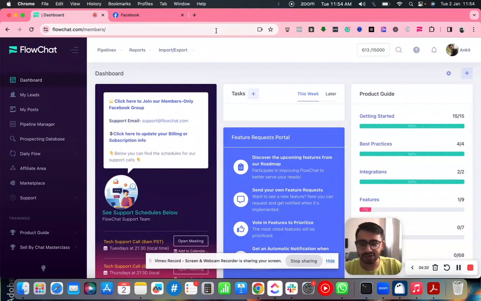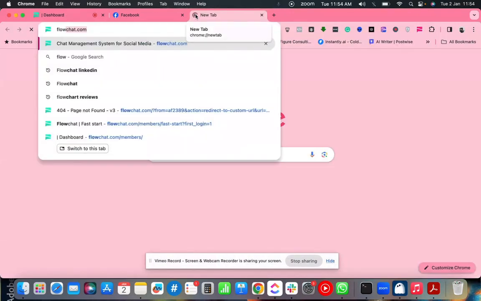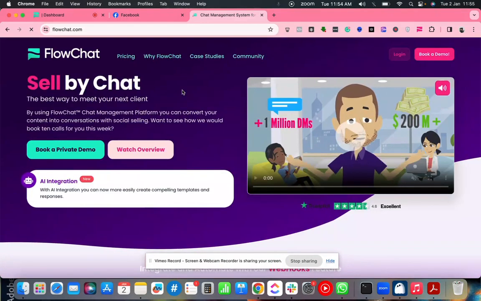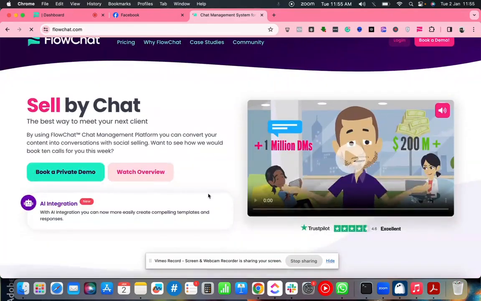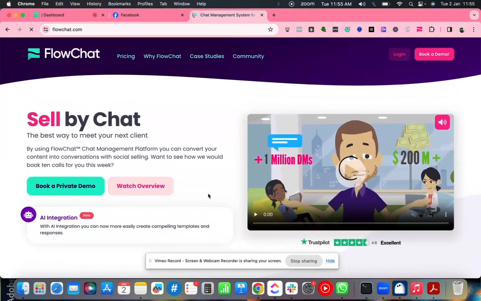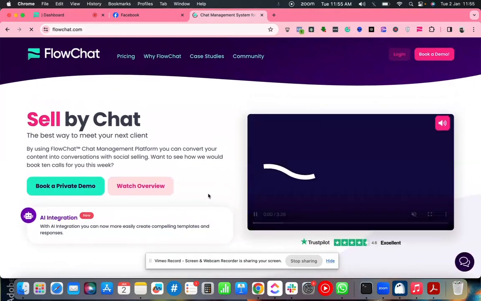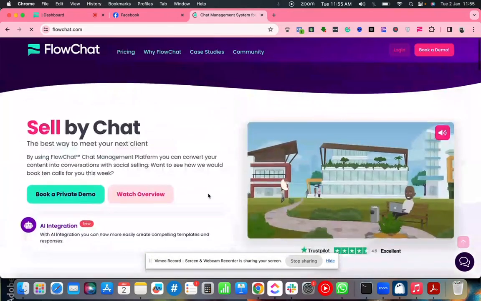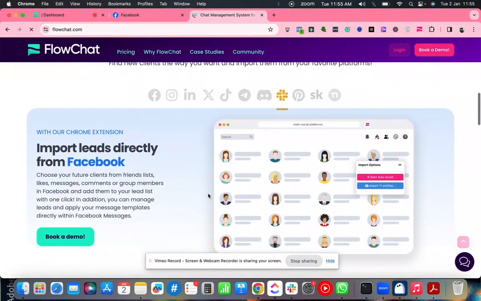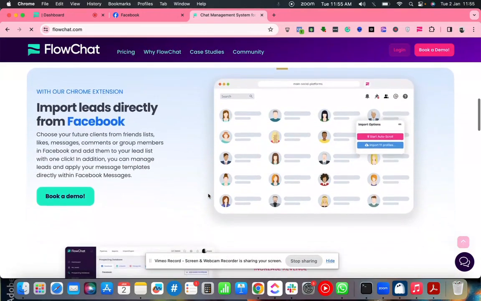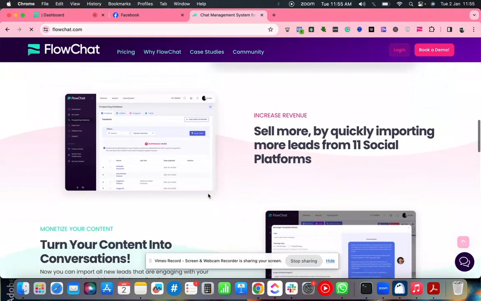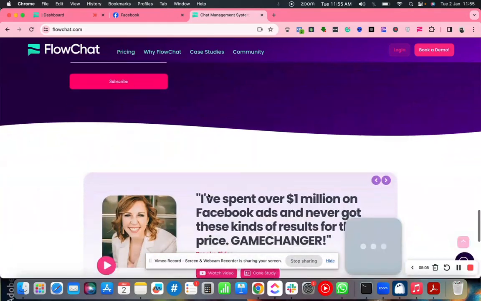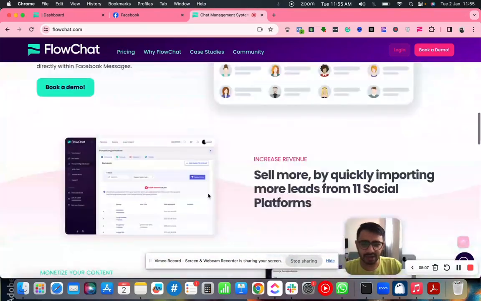Here's a tool, Flowchat.com. So I'm just going to open the site over here for you, so that you can also check which exact tool I'm talking about, Flowchat. And trust me, I usually don't share a lot of videos about tools, because there are so many tools out there, and tools keep changing, they keep updating their stuff. At first they look promising, but then they stop delivering the same results, or they're too expensive and stuff like that. But this tool is really powerful, and I just thought of sharing a quick video about it,